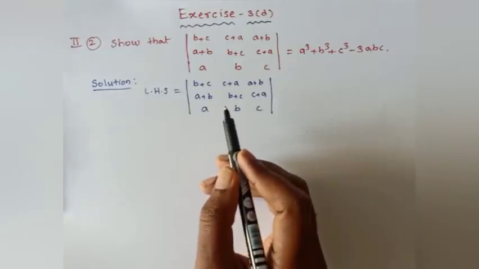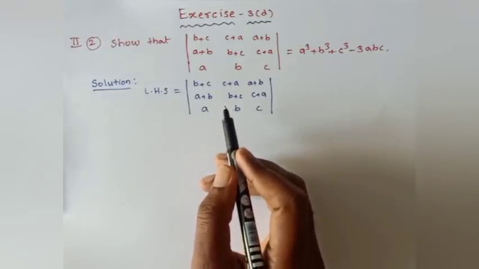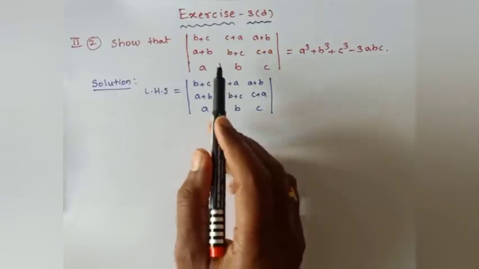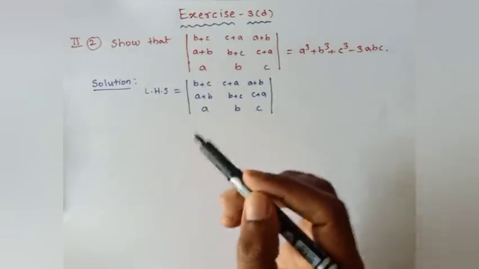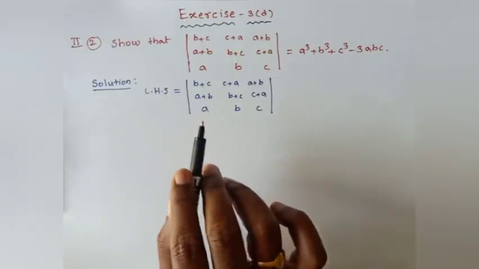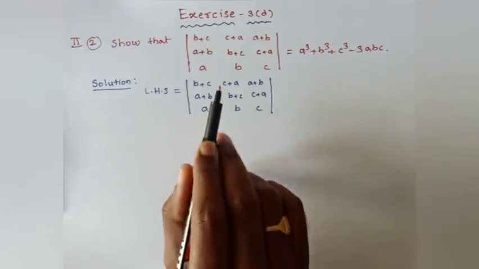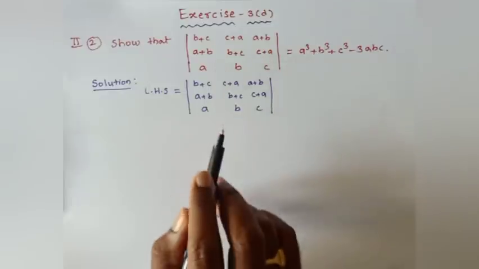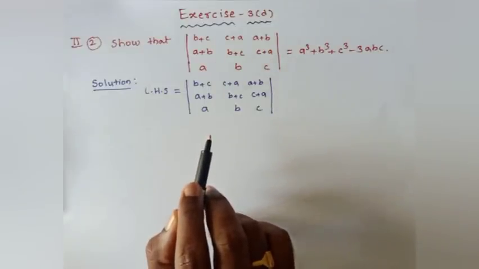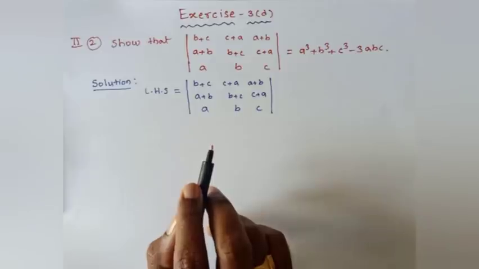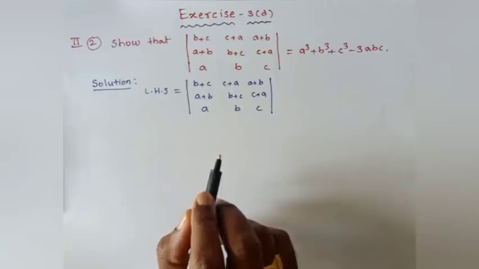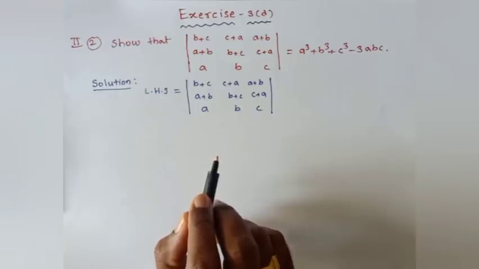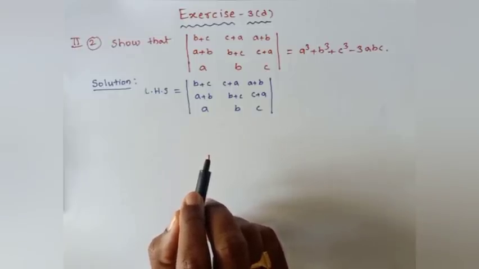You know the definition of a 3 by 3 matrix determinant. You can evaluate along the third row, second row, first row, or first, second, or third column by expanding the definition. But it is somewhat difficult to simplify the steps, so better to use row operations or column operations. You will get some ideas by solving and practicing some problems.